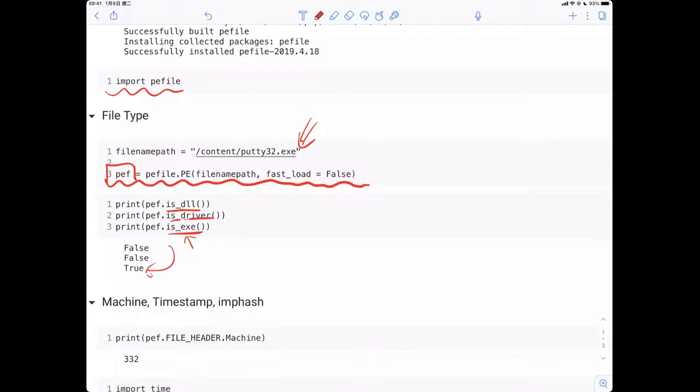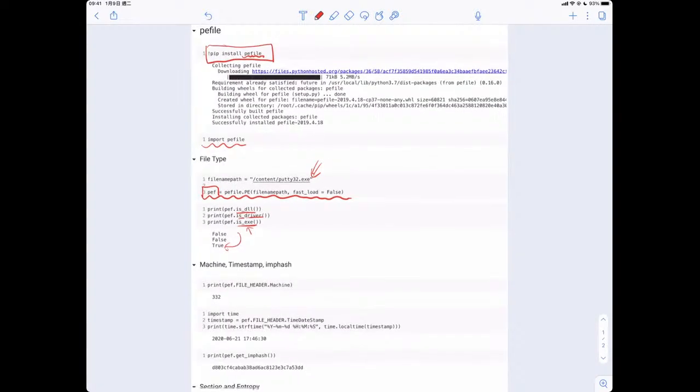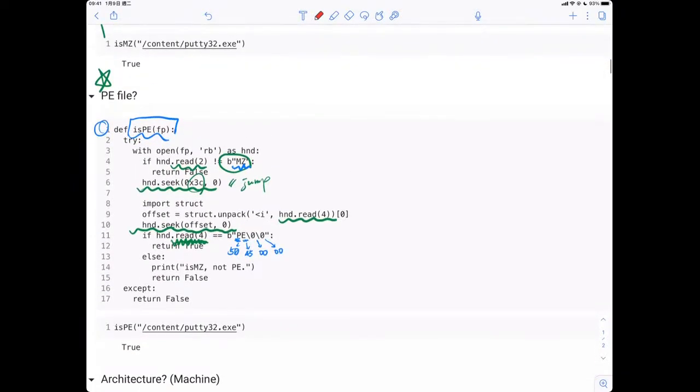How does this pefile package know? The code is exactly the same as I showed you last time. How do we know it is a PE file?